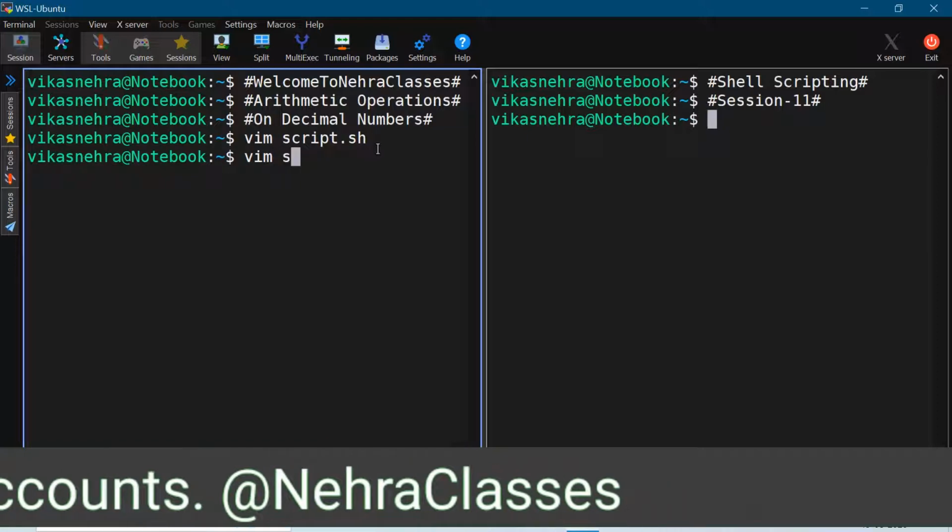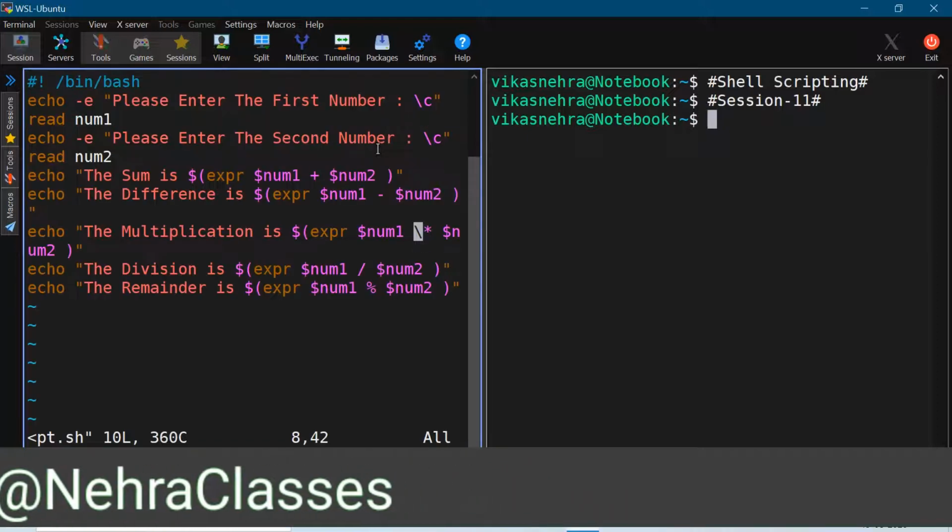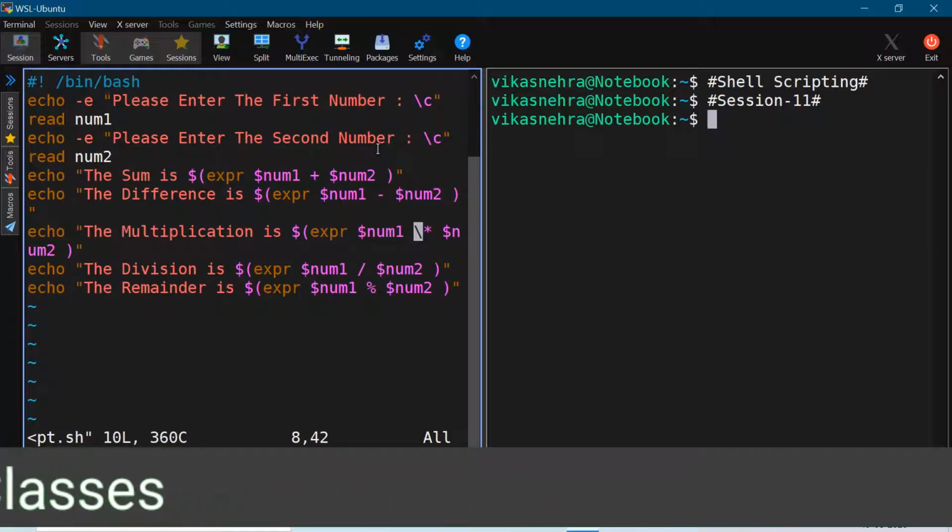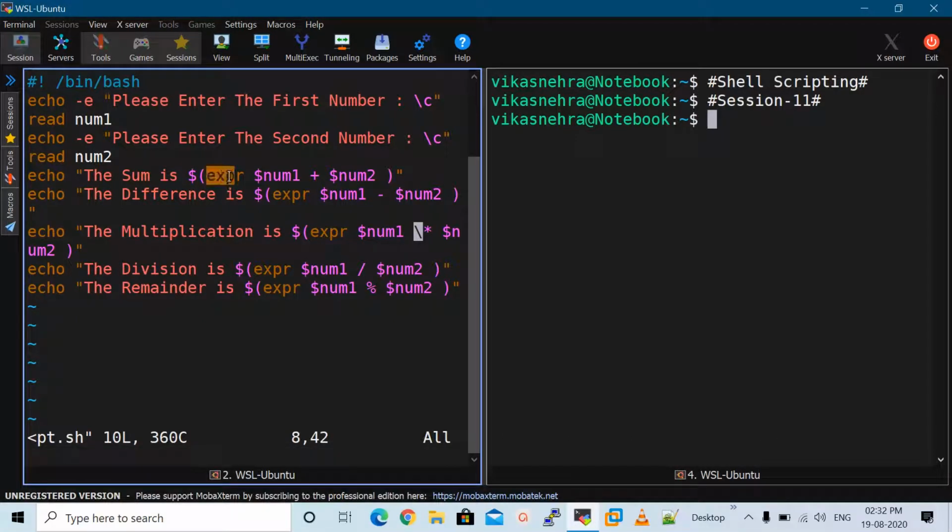We used two methods to perform arithmetic operations on integers, and in this method which I am showing you in this script, we use the expr command. So what happens if we try to use this method for decimal numbers?